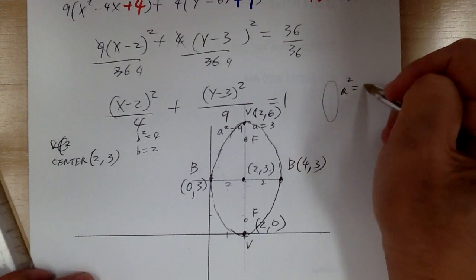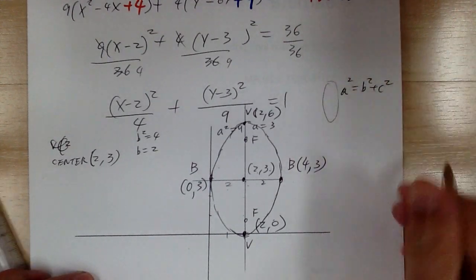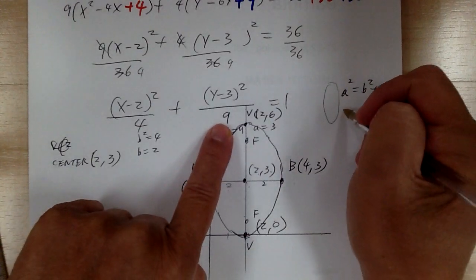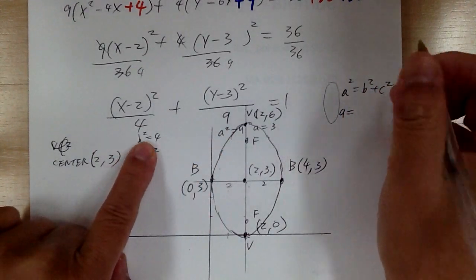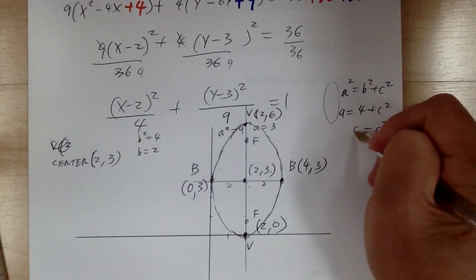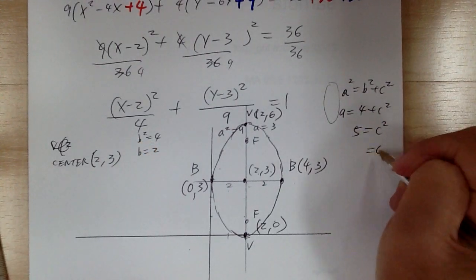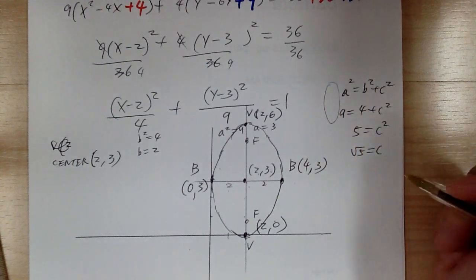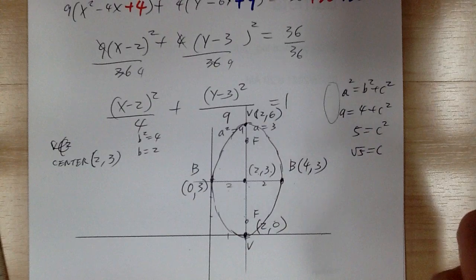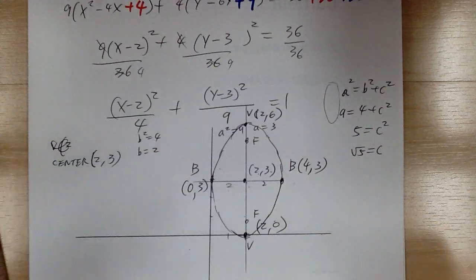So a squared equals b squared plus c squared. Okay. So a squared is 9, b squared is 4. So c squared equals 5. So c equals the square root of 5. Okay? And we're not worried about the negative, because plus or minus, because c is a distance. So once we know the distance, we can